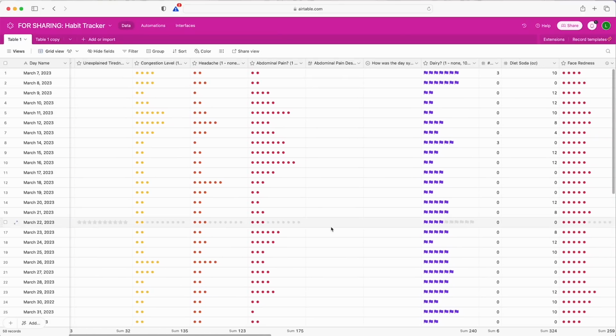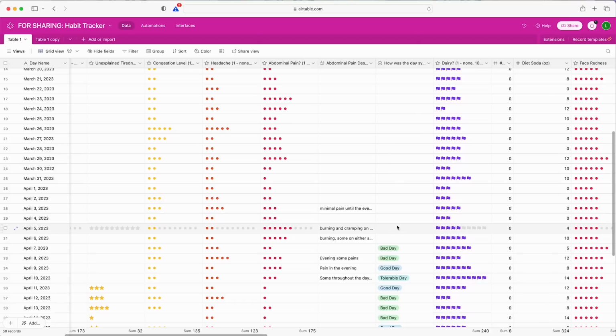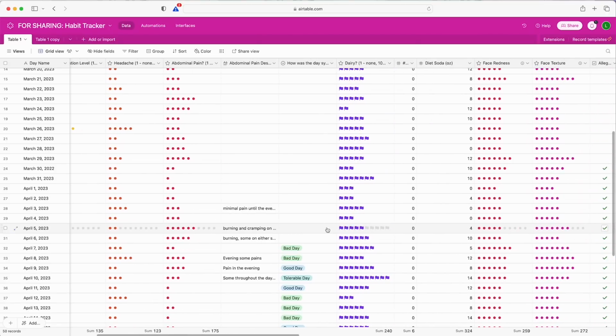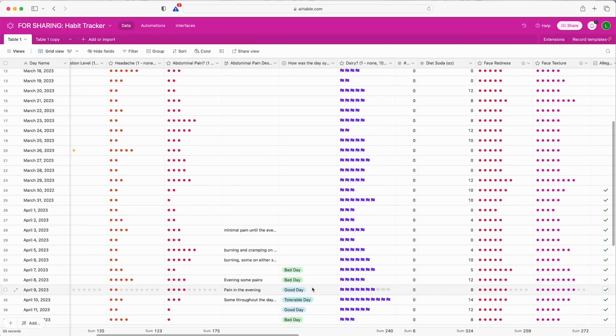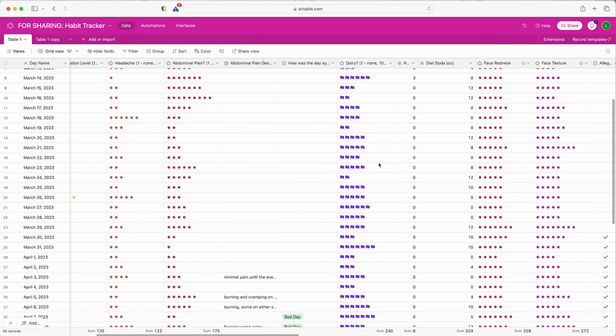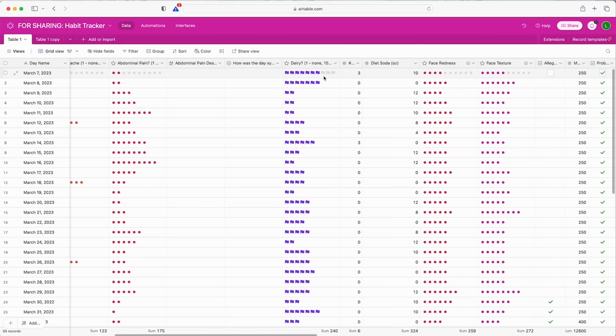I do have one open-ended field. If I want to explain my abdominal pain more, this is a field to do that. But if I don't want to and I just want to say, okay, it was about a 3 today, I can totally do that. I started tracking how the day was symptom-wise, because everybody says your goal is to get to more good days than bad days. And I'm like, well, I'm actually going to track that and see if we can make some good progress. And then how much dairy, I actually made it subjective rather than trying to